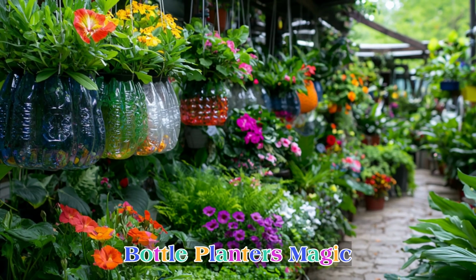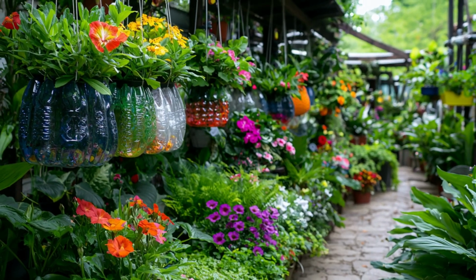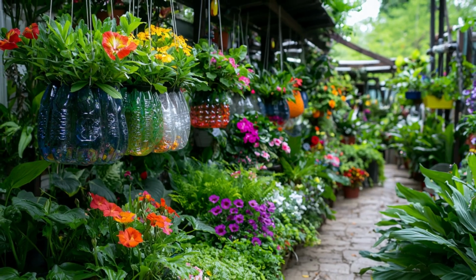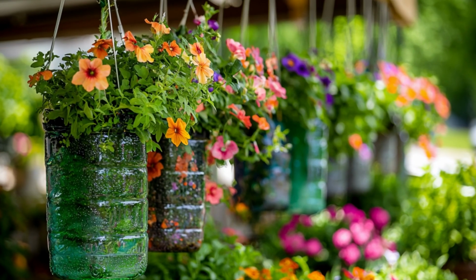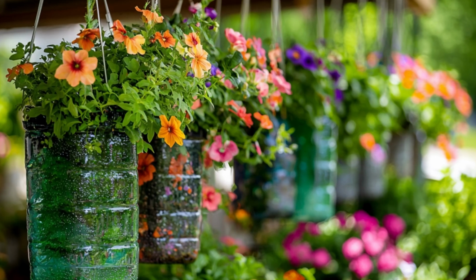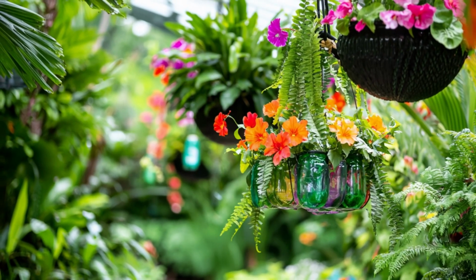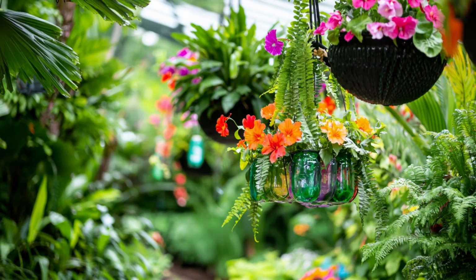Plastic bottles might seem like everyday waste, but in the garden, they can become vibrant and eco-friendly planters. By cutting, painting, and hanging them, you can create a stunning vertical garden filled with colorful flowers or fresh herbs. Not only does this method reduce plastic waste, but it also adds a unique and creative touch to your outdoor space. Whether hung on a wall or suspended from tree branches, these bottle planters bring life to even the smallest